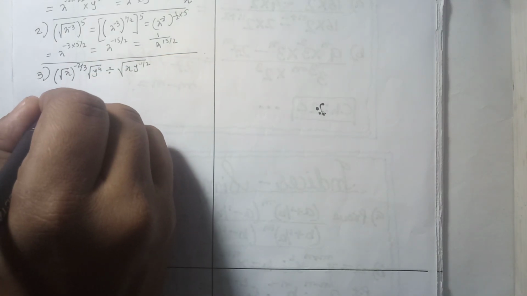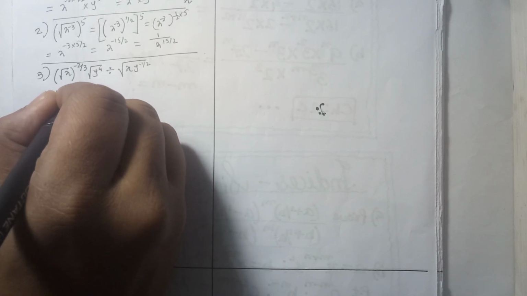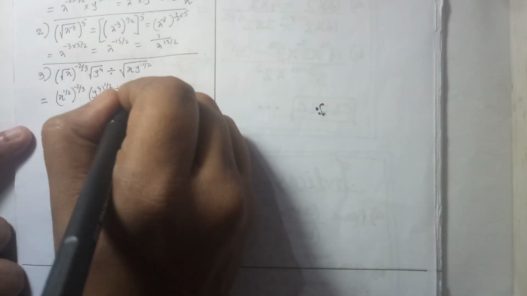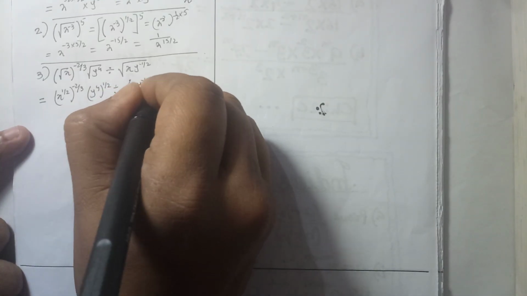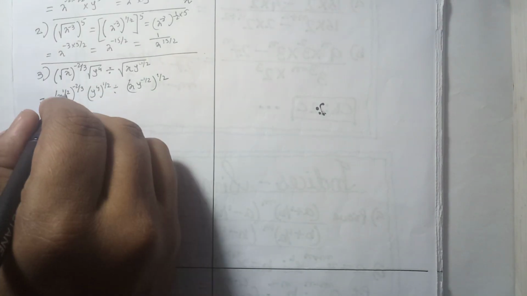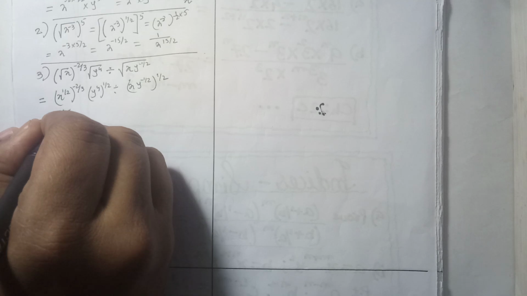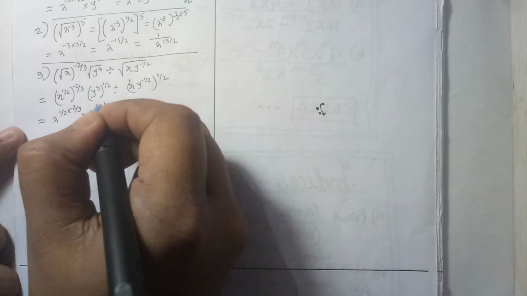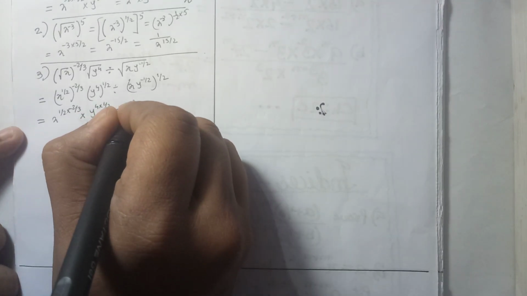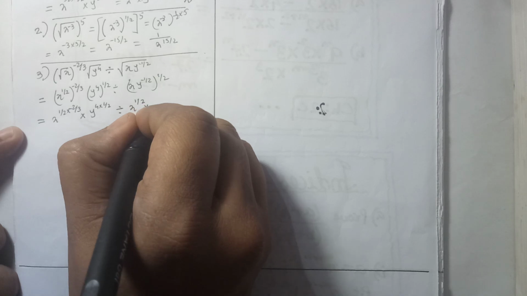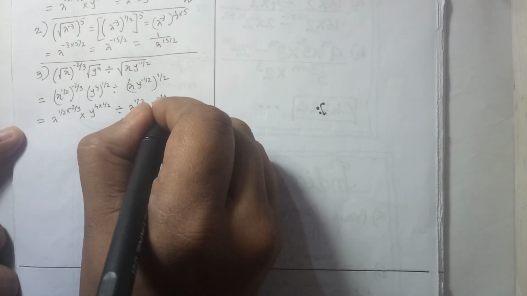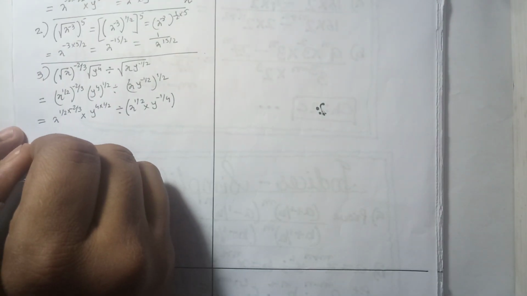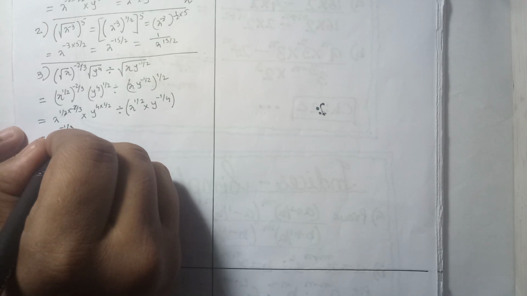So this will be x to the power half, y to the power of 4 to the power half, divide by x y to the power minus half to the power of half. We multiply these two, then we multiply these two, then x to the power of half into y to the power of this into this is minus 1 by 4, right? So this is x to the power of minus 1 by 3,